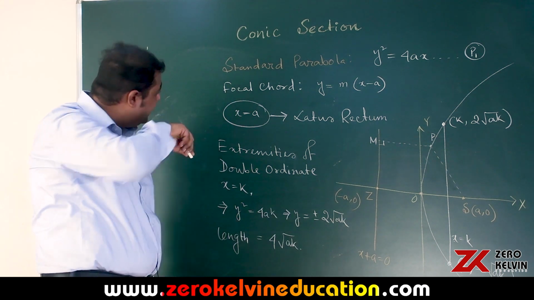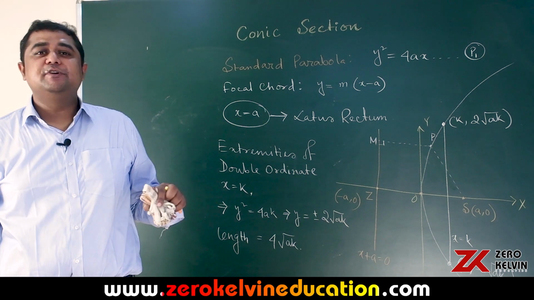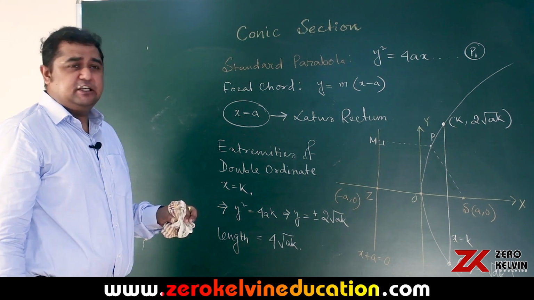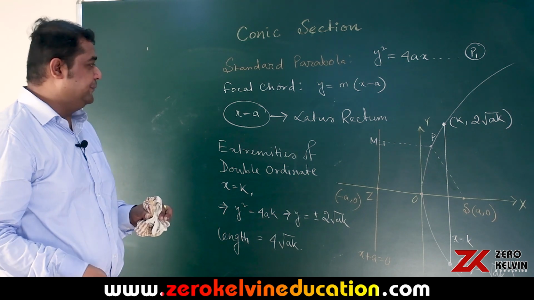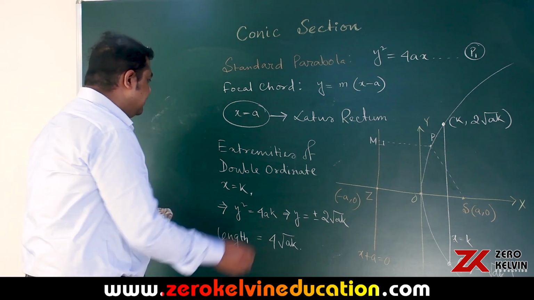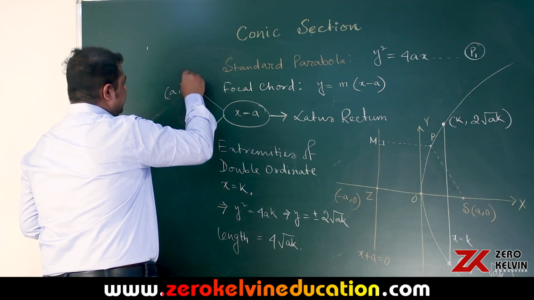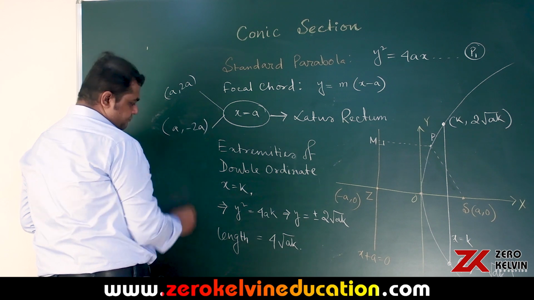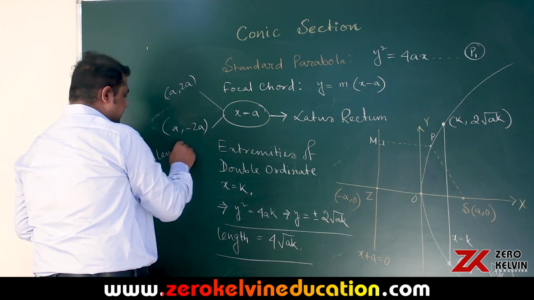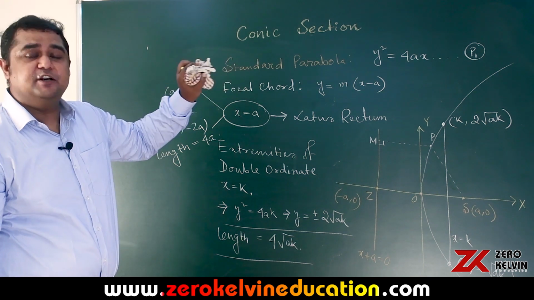So, you can identify it is one such chord which is in the standard appearance having a length which is double of the ordinate value of its extremes, and hence you can identify the reason behind the naming double ordinate. Similarly, the latus rectum x equals to a, that is also a double ordinate, will have its extremity marked as a comma 2a and a comma minus 2a by this reference, and marked with length of latus rectum is 4a. So, these are the references connected with the standard parabola P1.